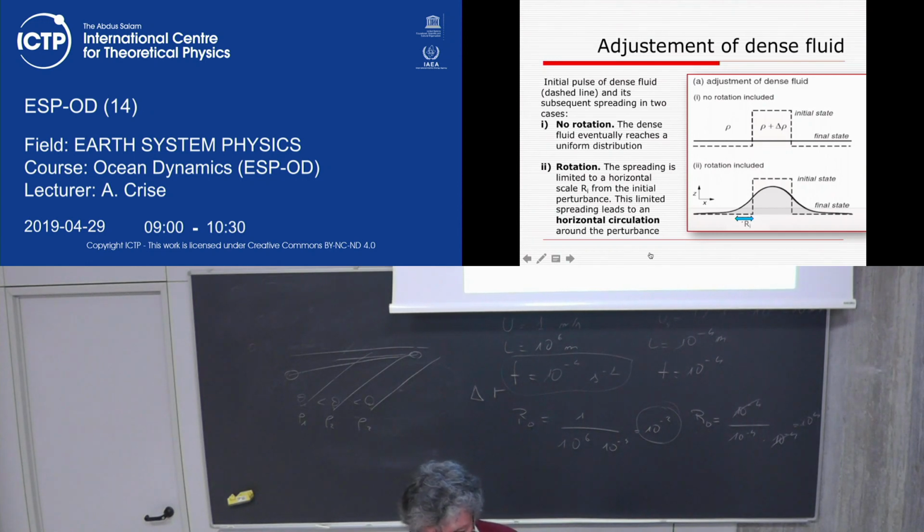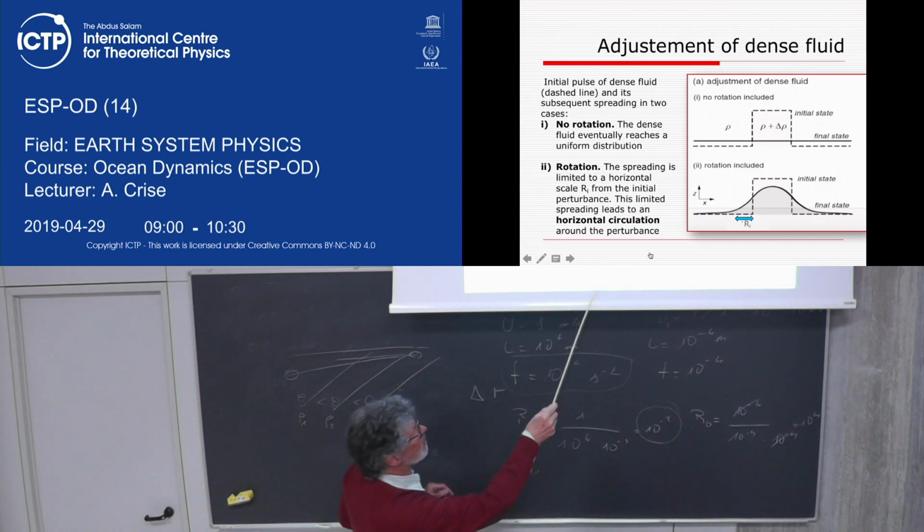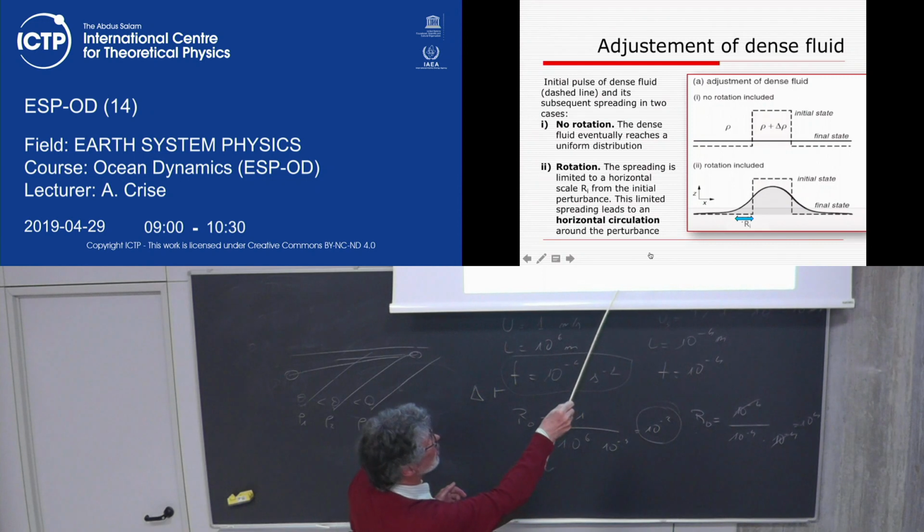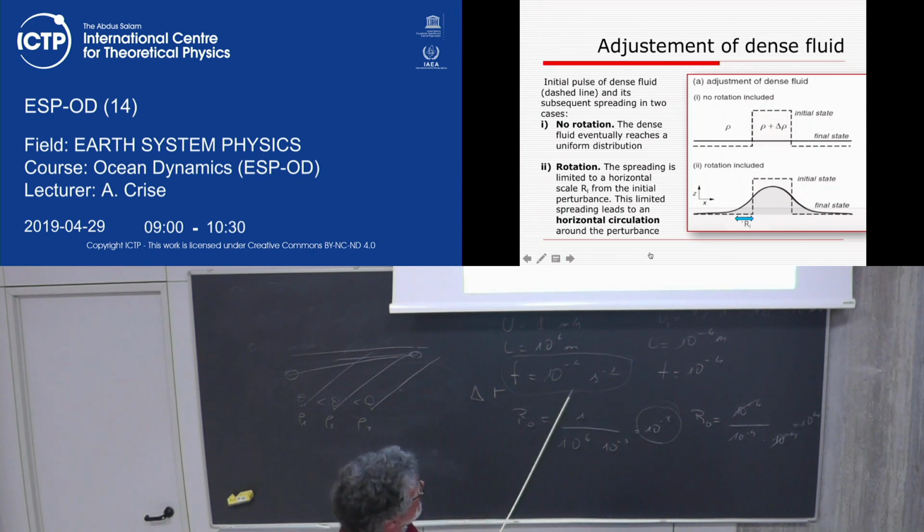It's easier to think about dense water, but it could be lighter. When you release a pool of dense water in light water, this goes down. If it's opposite, lighter, it goes up. But at the end, the final state is this one. And the movements are, beside turbulence and so on, if they don't mix, for example, they do reach this final state. What happens when you have rotation? Again, rotation has a major role. When you have rotation,